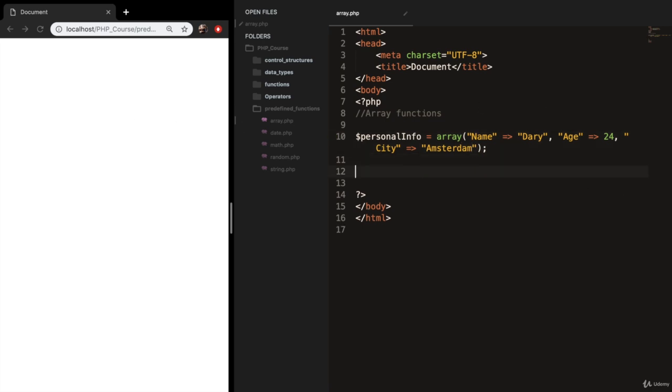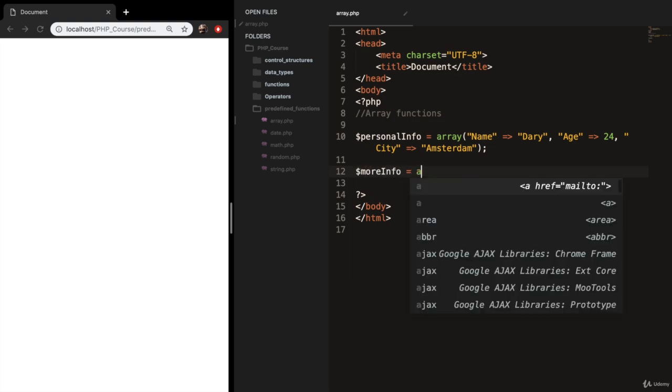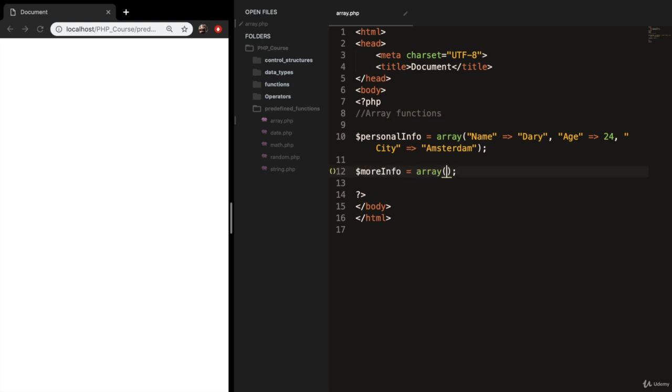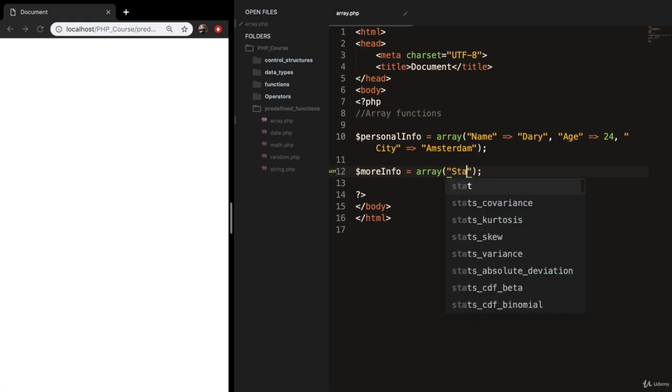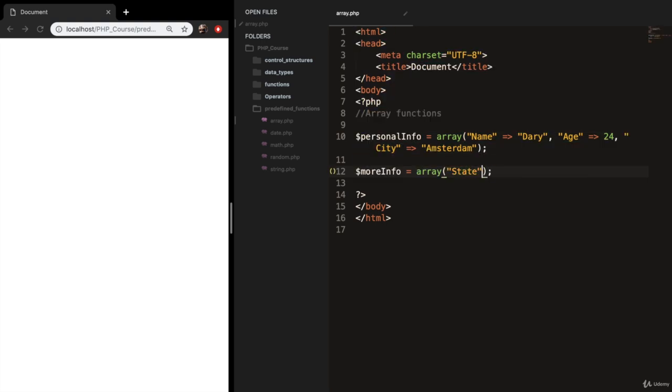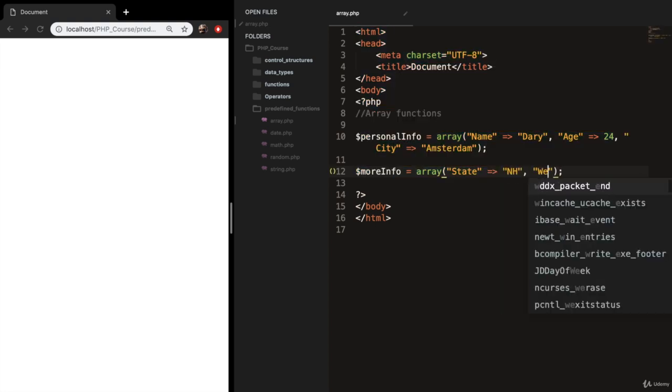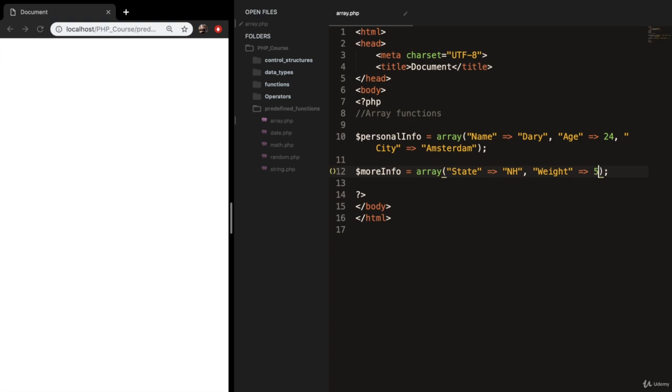And right below our array, let's create a new one. And let's name it more info and set it equal to an array. And let's add two more values. Let's say that the state where I'm living in is NH and my weight is equal to 85 kilos. So what we want to do now is to merge the two arrays that we created because they're both about me. And the way you do that is to write down the array name